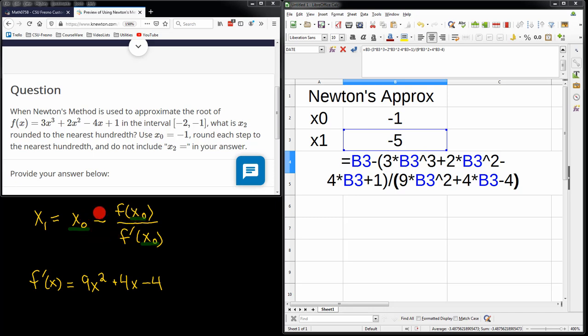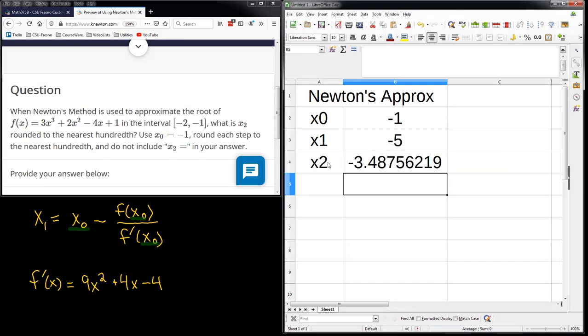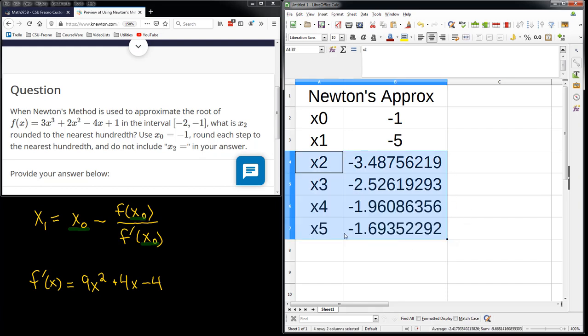It's doing the same formula, only now it's putting in the element in the B3 cell, which is the -5, which is what we want. I hope that made sense. The amazing thing is you can do this as much as you want. So if you wanted to do Newton's method a whole bunch of times,